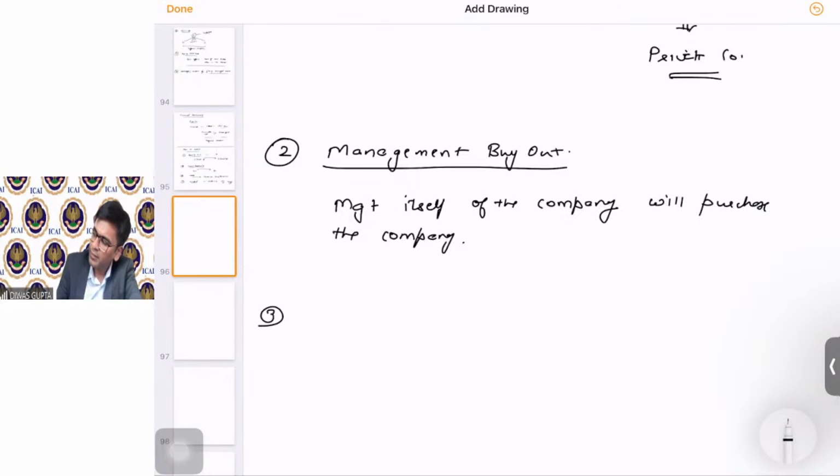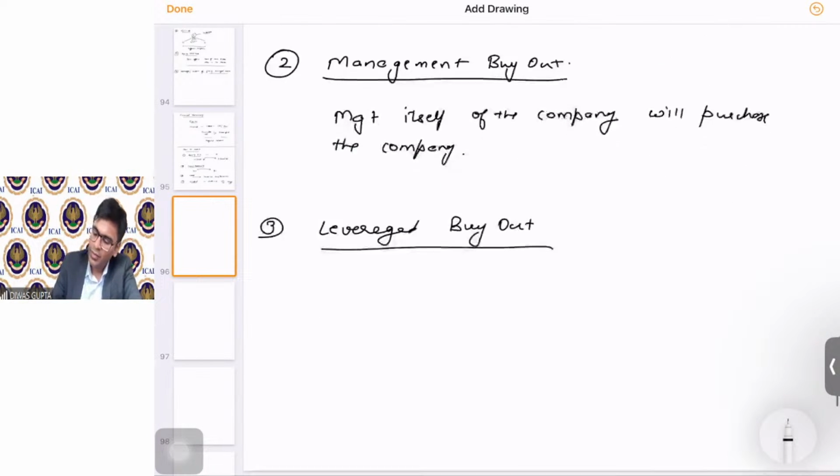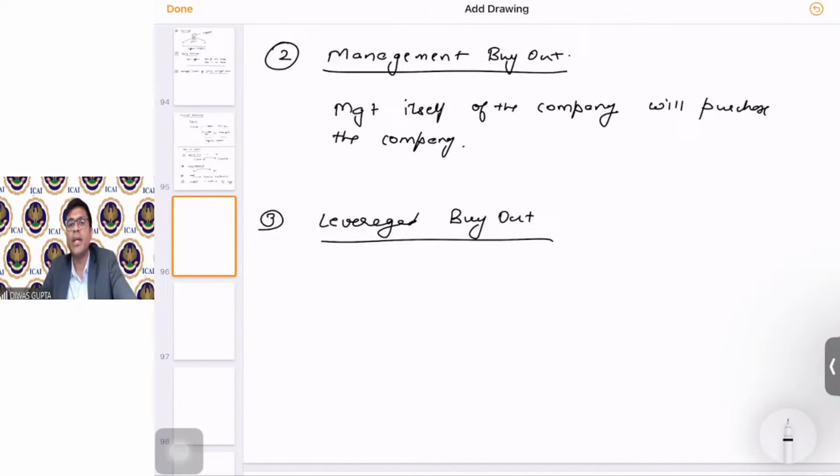Third part is called as leveraged buyout. This is called as LBO, leveraged buyout. In this case,